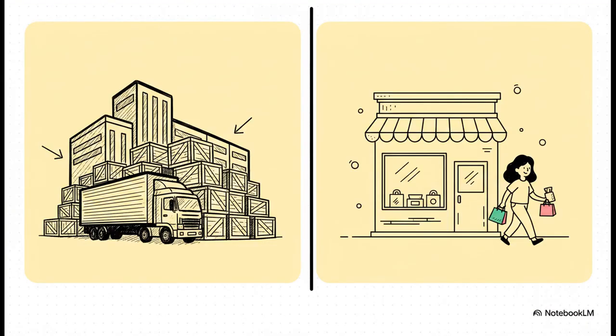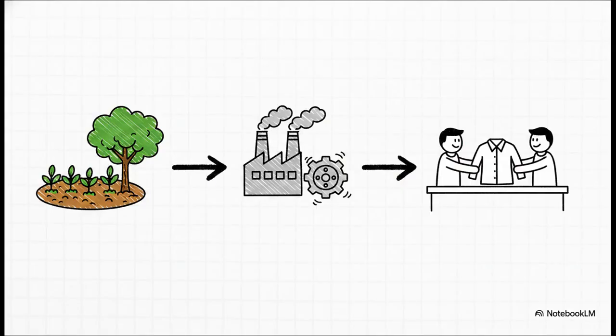When you categorize by the sheer volume of a transaction, you get a massive contrast. On one hand, you have the wholesale market. Picture those giant, cavernous warehouses loading huge bulk crates onto trucks at rock-bottom rates. This is bulk buying and selling, usually between producers and distributors. On the flip side, the retail market. That's the storefront level we're all used to, where those massive pallets are broken down and handed as single items directly to a family.